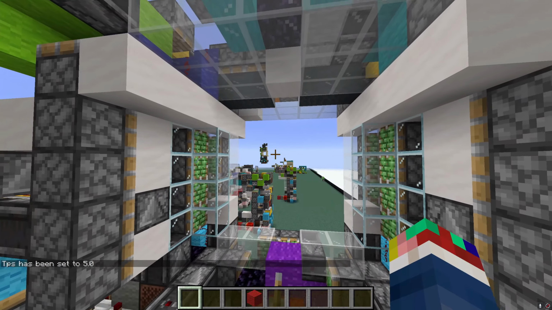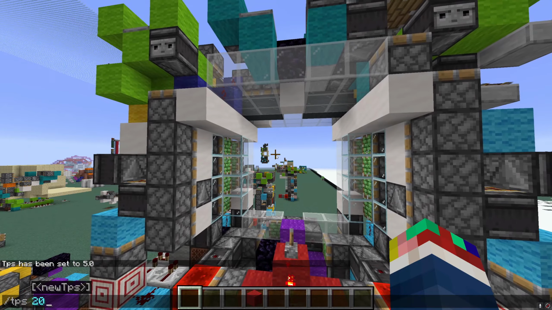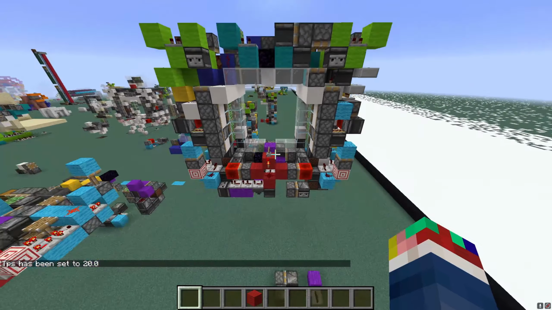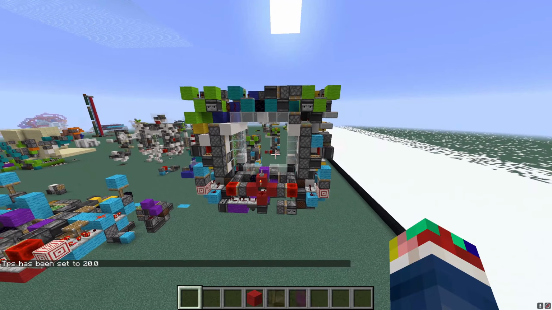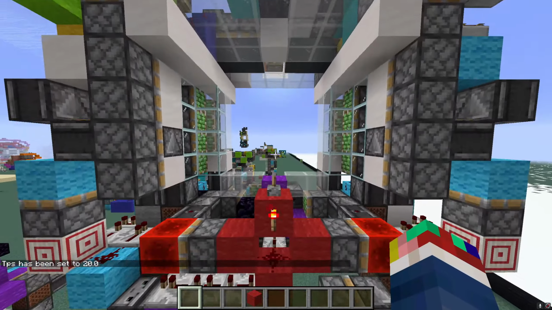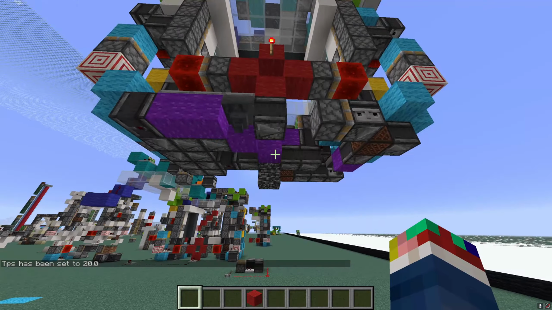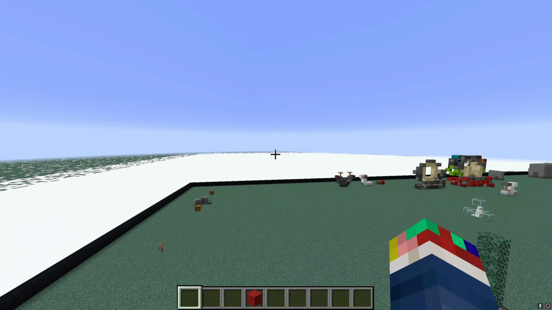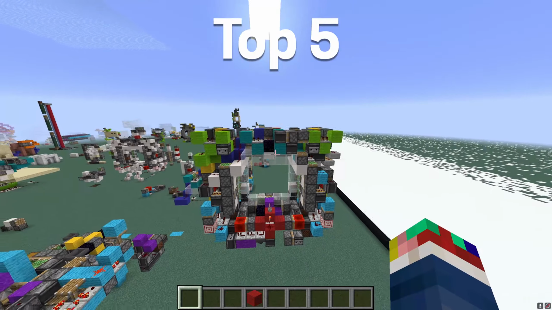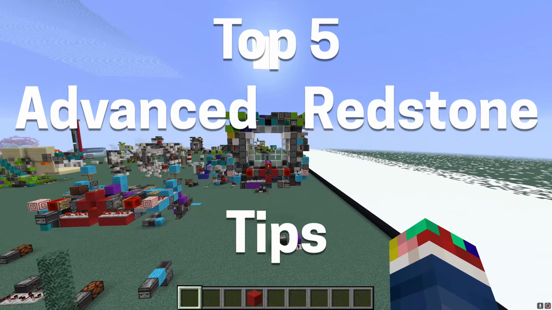All right, so this seems like it's pretty good. So now we can just do /TPS 20 to return back to normal, and then debug, and then come back and do it all over again. This was fantastic when I was designing this. I don't have the bottom done yet, but it will be done, and that's going to be a video coming soon. So anyway, those are the top 5 advanced redstone tips if you want to become a better redstoner,